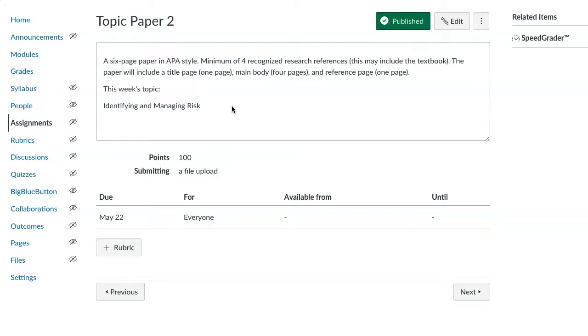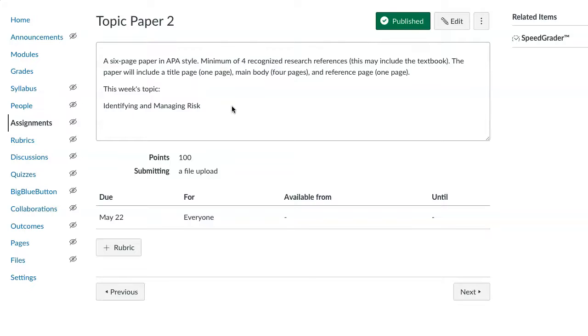So here's how I grade. I'll give you my secrets, if you will. The first way I grade is I look at the general structure. Does the student have the 4 pages of stuff? Yep, they got a cover page, check. Okay, yep, they got a reference page, check. I'll look more into the reference page later, but I'll talk about it in a second. So I look at those 2, the front and the back.